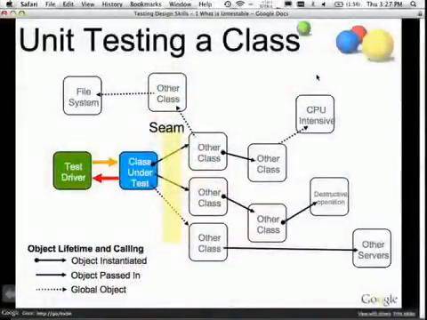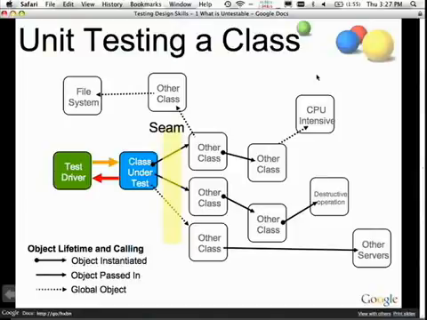So in order to test this thing, we really need something we call the seam. We basically need to be able to take a knife and cut all the dependencies. And the seam is important because it allows us to divert the execution of the code. This is why procedural programming is problematic, or rather static methods are problematic. Because if you call another static method, there's nothing I can do in a test to prevent that call from happening. Now, I'm sure you can come up with a simple case like, I'm just calling Math.absoluteValue, therefore it's OK. But